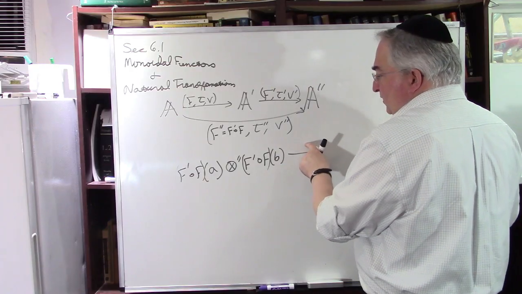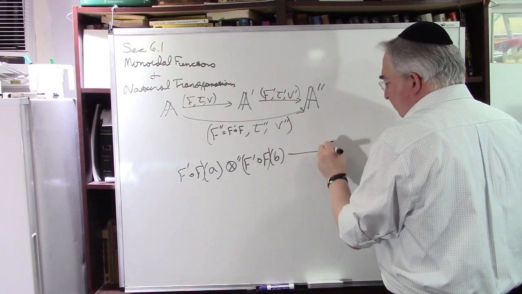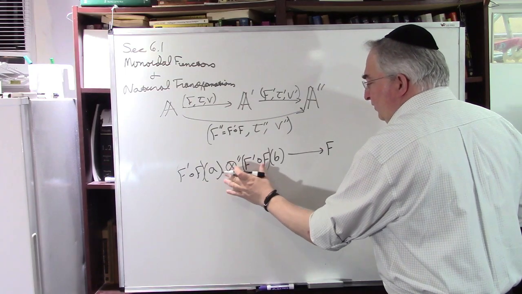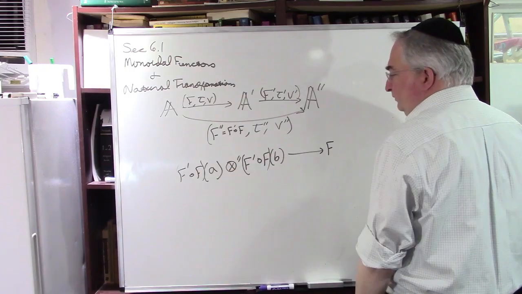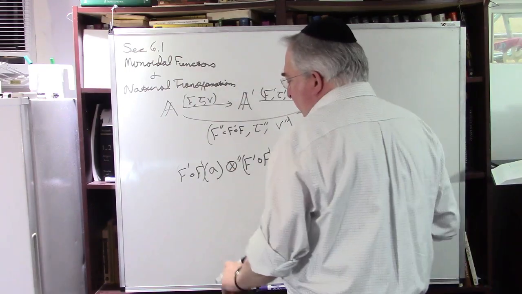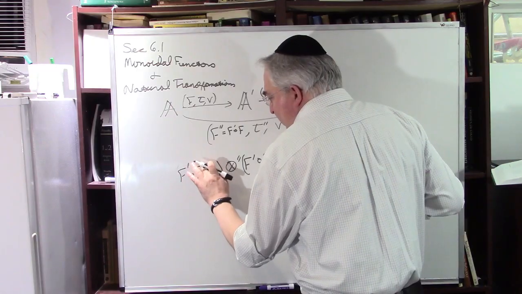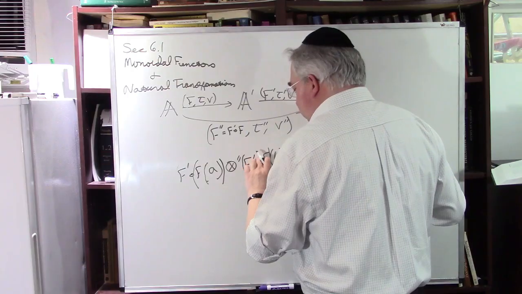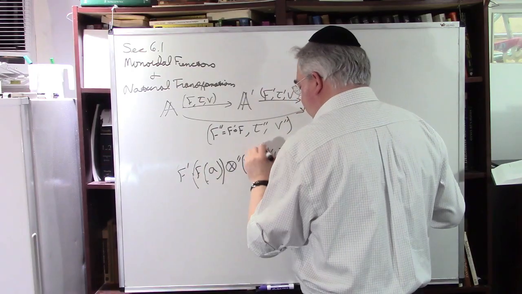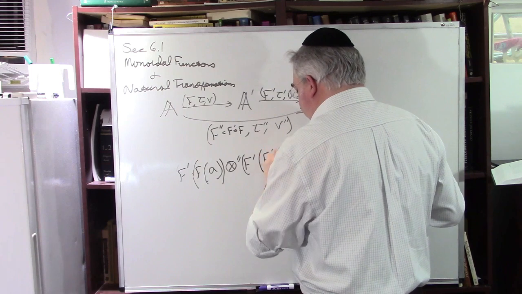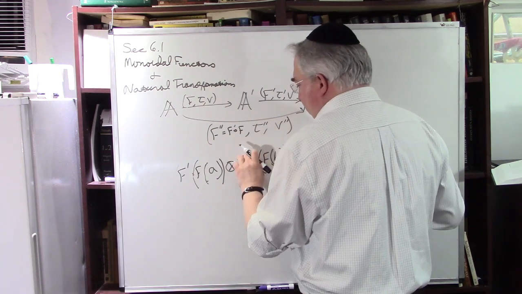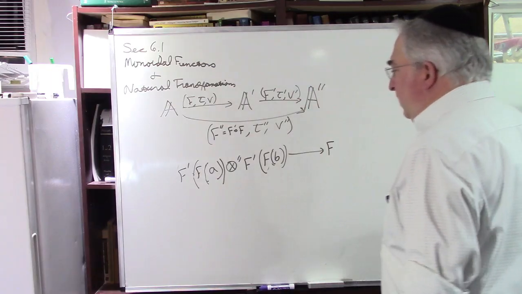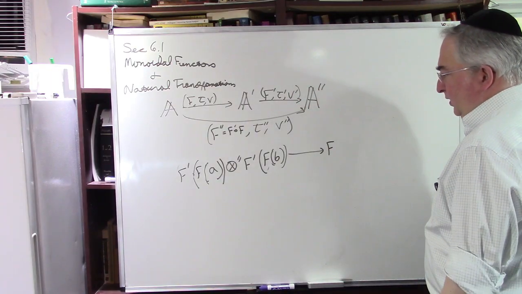I'll give you the name for this in a second, but basically what you want to do is bring together F... I'm sorry, I don't want to write it with the compose, I want to write it like this. Right. Okay, so the first thing we're going to do is